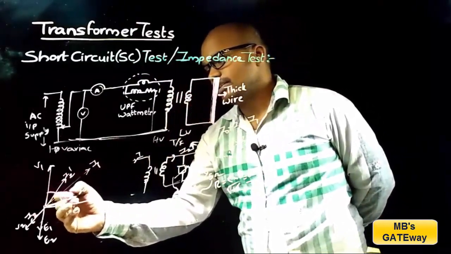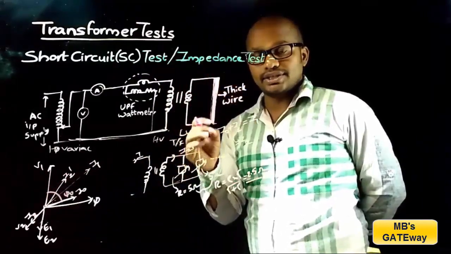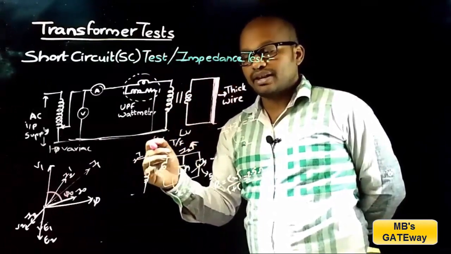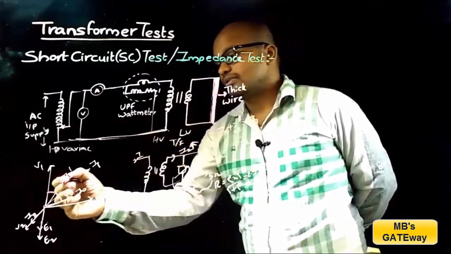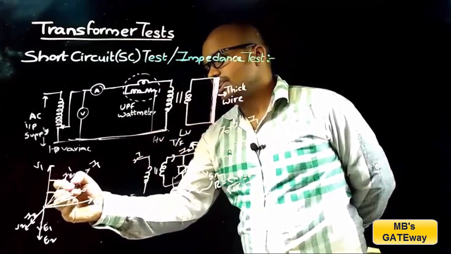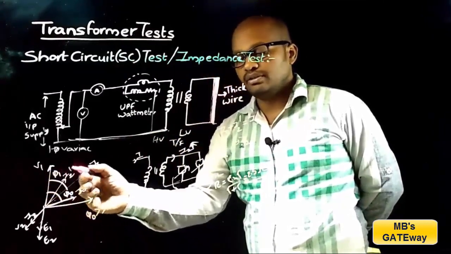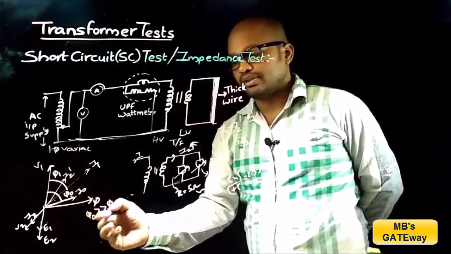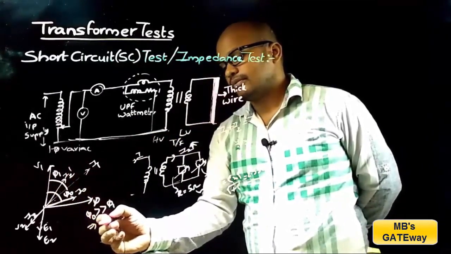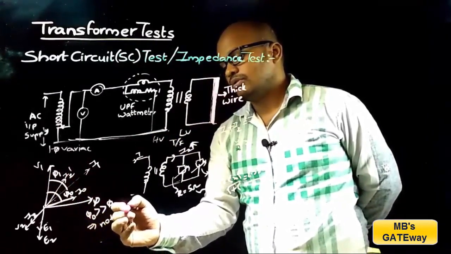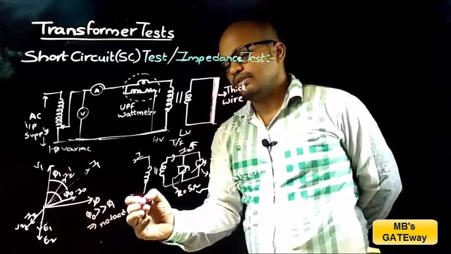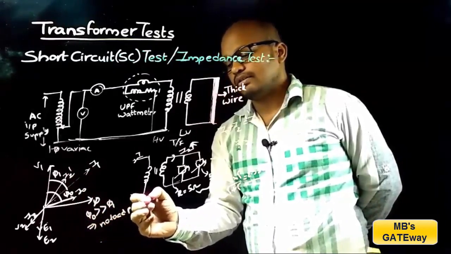If there is no load on the transformer, then the primary power factor angle is phi naught, which is the angle between V1 and I0. But when load is connected, the primary power factor angle is phi 1, which is the angle between V1 and I1. By comparing phi naught and phi 1, phi naught will be greater than phi 1. That implies no load power factor will be less than